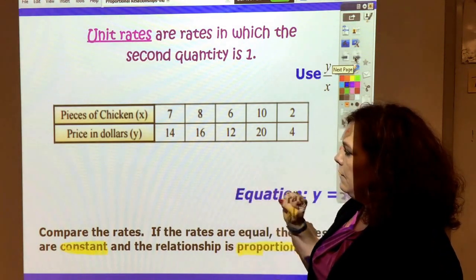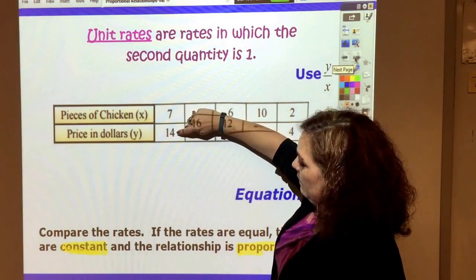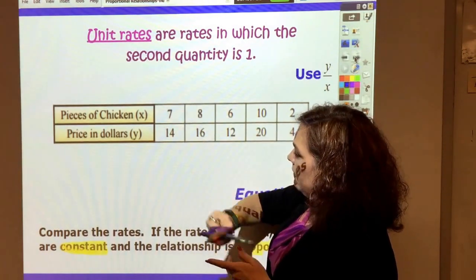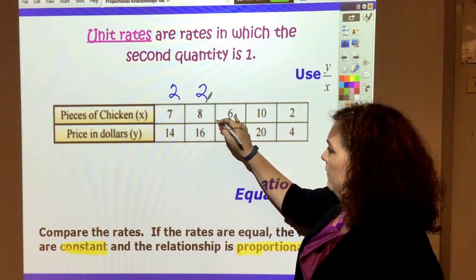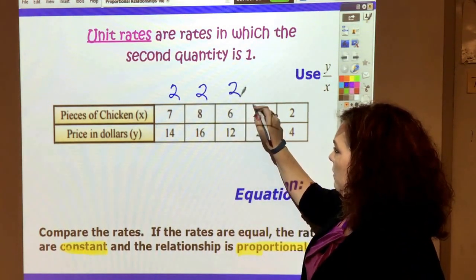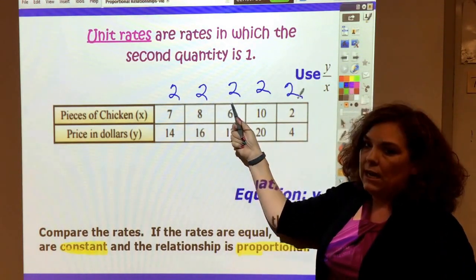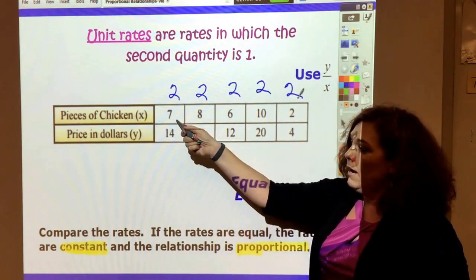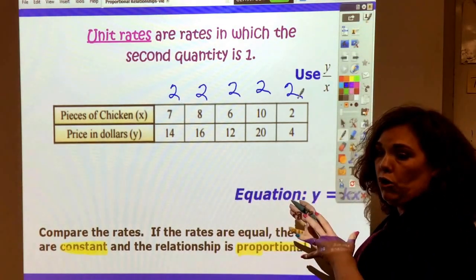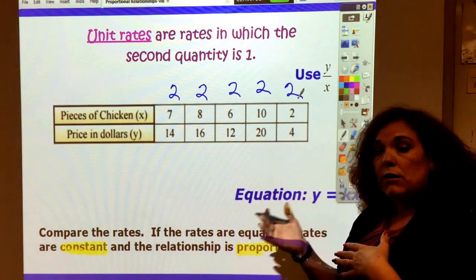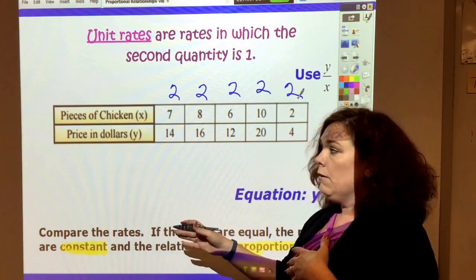Well, let's look at the Y over X, the constant rate here. 14 divided by 7 is 2, and 16 divided by 8 is 2, and 12 divided by 6 is 2, and 20 divided by 10 is 2, and 4 divided by 2 is 2. Since this is the same all the way across, this is Y divided by X, it means that this is proportionate. And again, whenever you put this on a graph, it's going to go through the origin at 0, 0